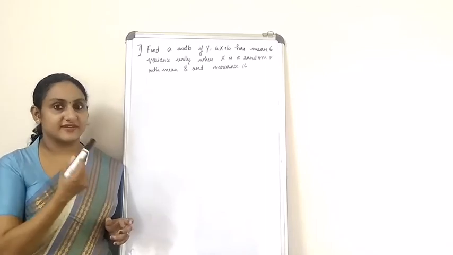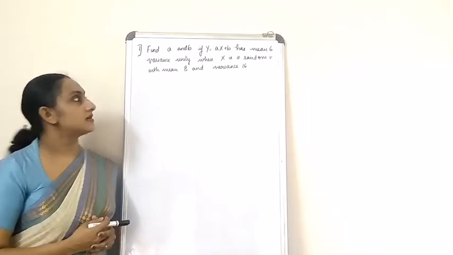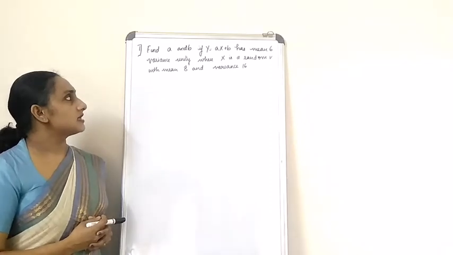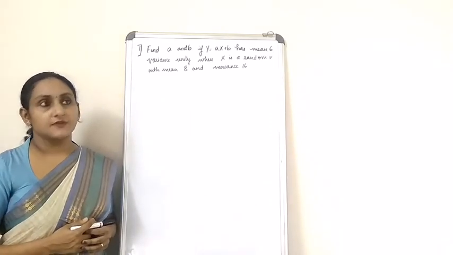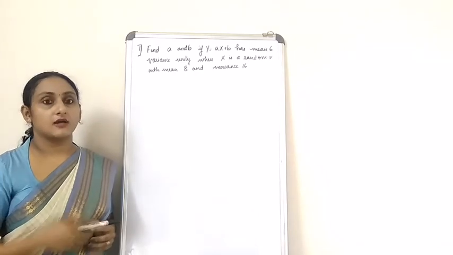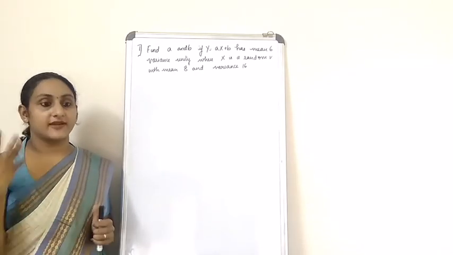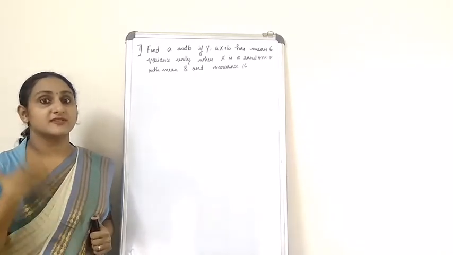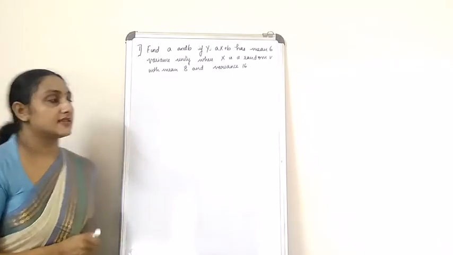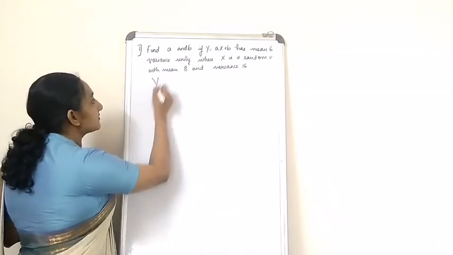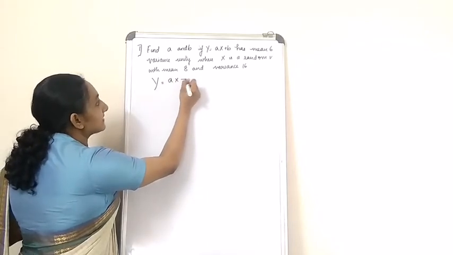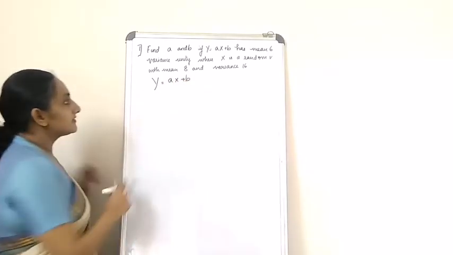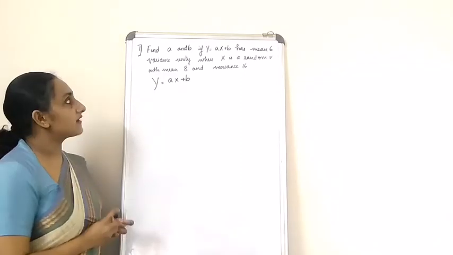So as you have seen the problem, I will explain the problem now. Here in this problem we have to find out two constants, that is a and b. For that, the information we have with us is a relationship between y and x, that is y is equal to ax plus b. So this is the first information that we get from our problem.